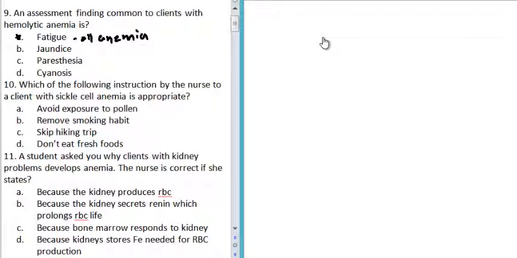Let's eliminate C because this is only seen in patients who have vitamin B12 deficiency. So that leaves us with only B or D. Answer, jaundice. Why? Because in